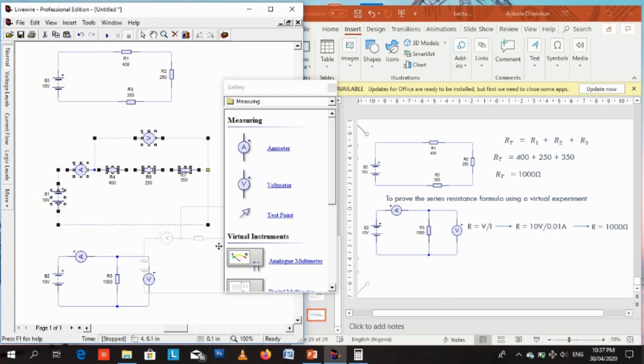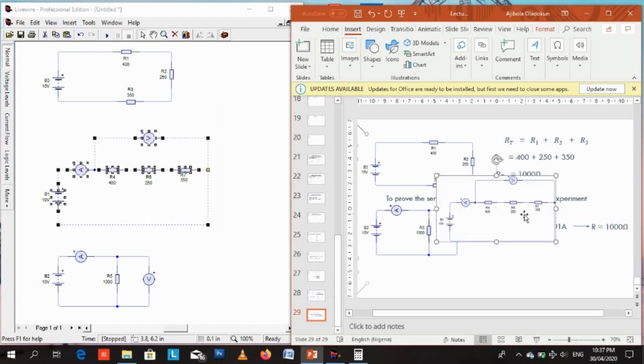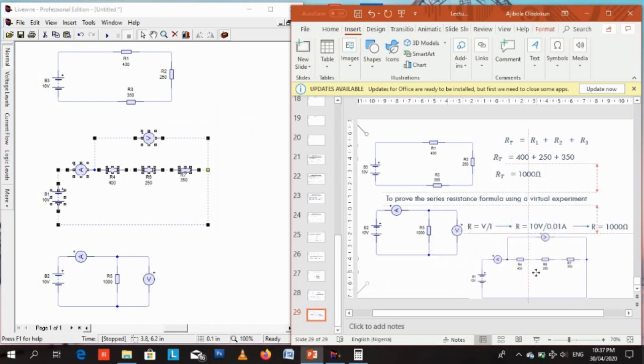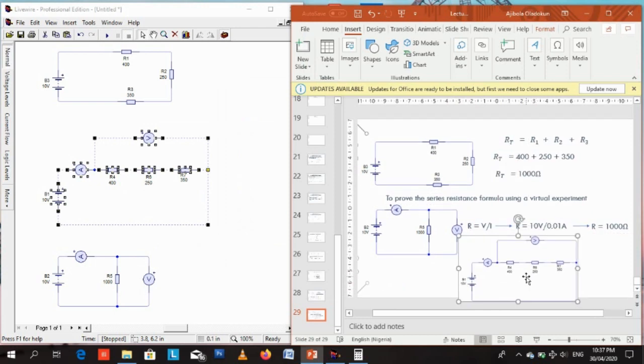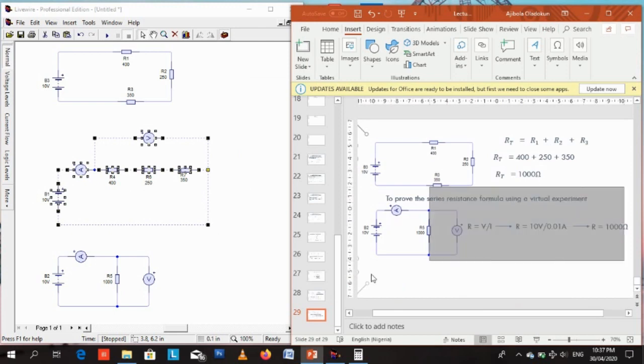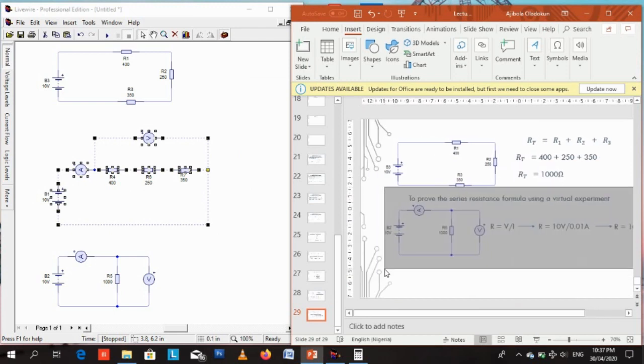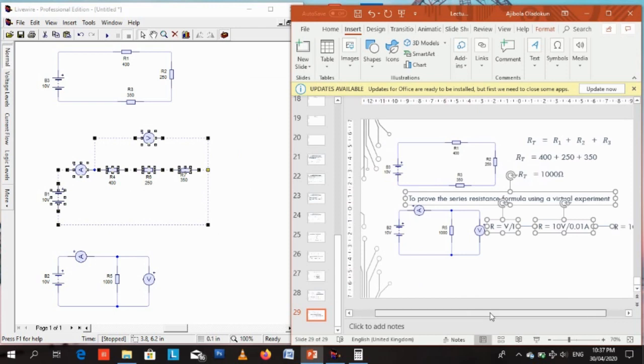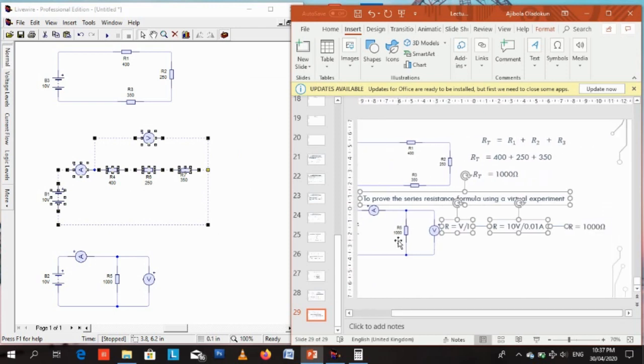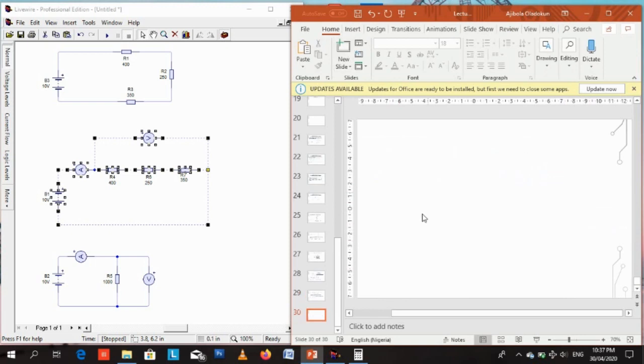So let me see, copy and paste. Let me see if I can fit this into the slide? I'm not quite sure. Probably I need to duplicate the slide, move this to a new slide, copy, and new slide, paste,